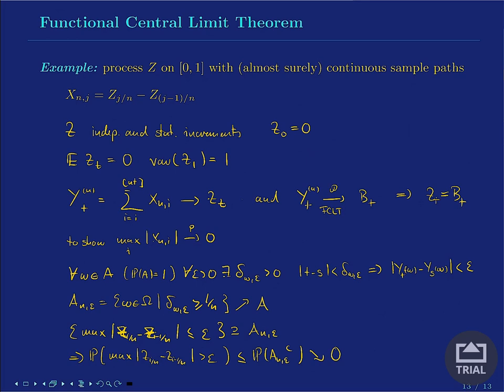So that actually shows what I only cited beforehand, that a process that has almost surely continuous sample paths and has independent and stationary increments must actually be a Brownian motion. That is due to the functional central limit theorem, which is a simple generalization of the ordinary central limit theorem. And the extra condition that we need for functional convergence here is ensured by the continuity of